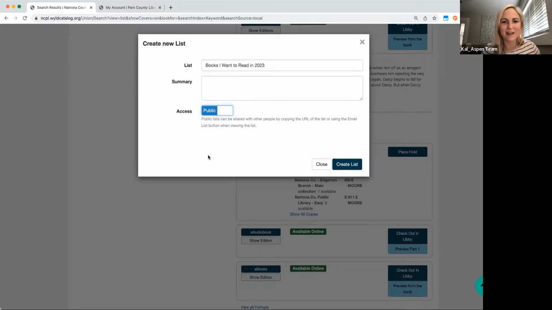So just very clear with that. I was in a library that had a different discovery layer and the lists would all default to be visible to everyone. And it was horrifying. So I just like to really make it clear that it's giving them the option to share out their list if they choose to via URL or email.